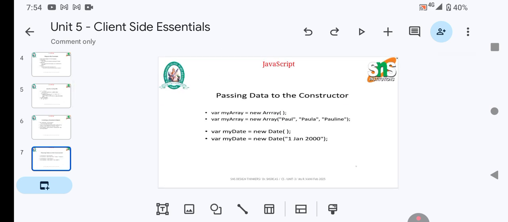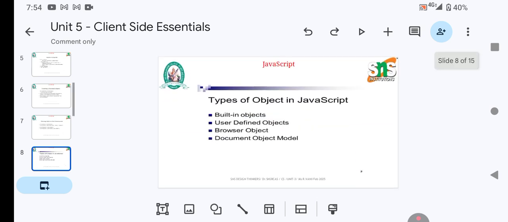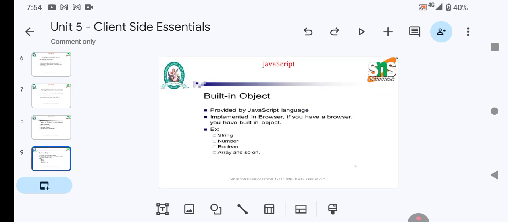Here, how is the object passing data to the constructor? The variable and object is declared as myArray and the constructor is declared as new Array. The data can be passed to the constructor new Array directly into the brackets within double quotes. By declaring the variable in the double quotes, the object can be called directly, passing the data directly to the constructor. Here, in the built-in object, the JavaScript provides the following